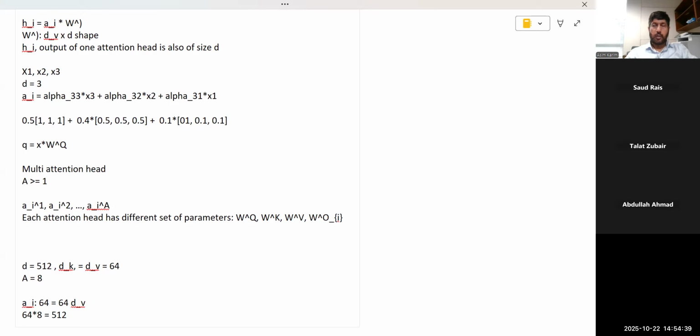So that is also one way of doing it. You don't need the WO parameter. Simply concatenate and get the same size as the input by concatenating the output of individual attention heads. So as you can see, while we are processing X1 or X3 or Xi, we need information from all the other or preceding Xis. So this is where you have information coming from the other